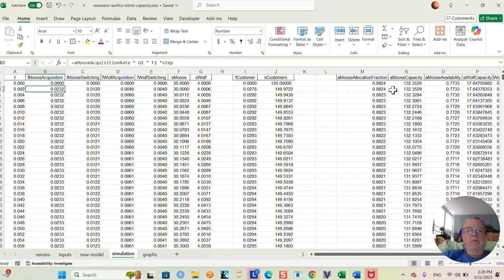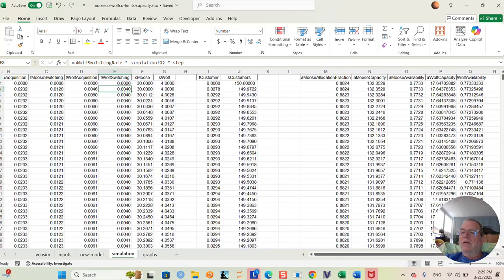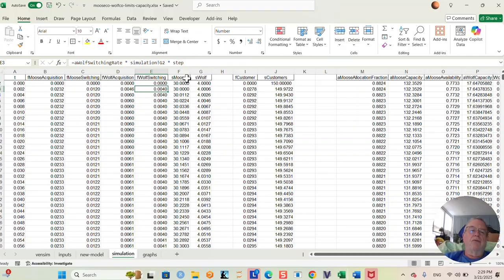So notice we have O2 now. Availability is coming in. Acquisition rate. And in the switching, that has not changed from before, but the wolf acquisition rate also has O3. And the wolf switching rate has that. G2 and so on. And whether I use O3,